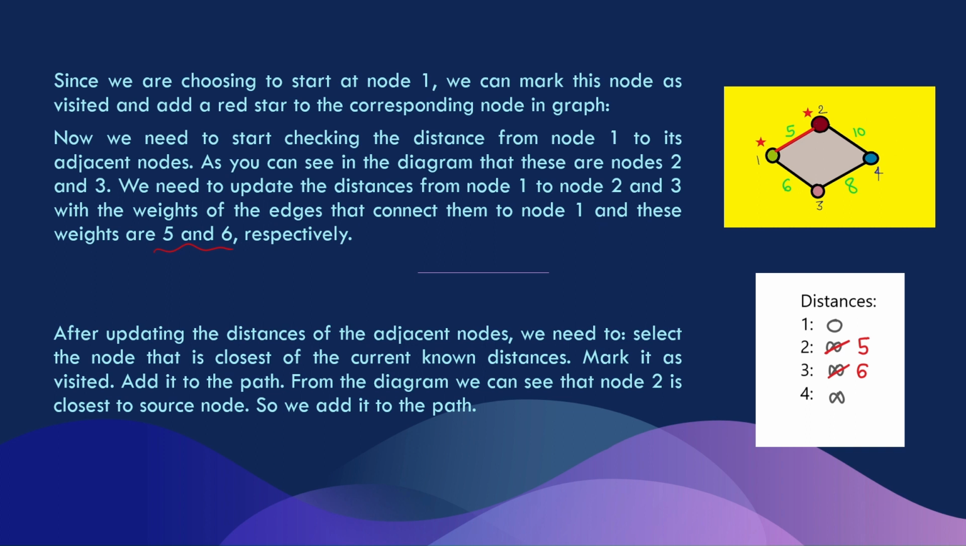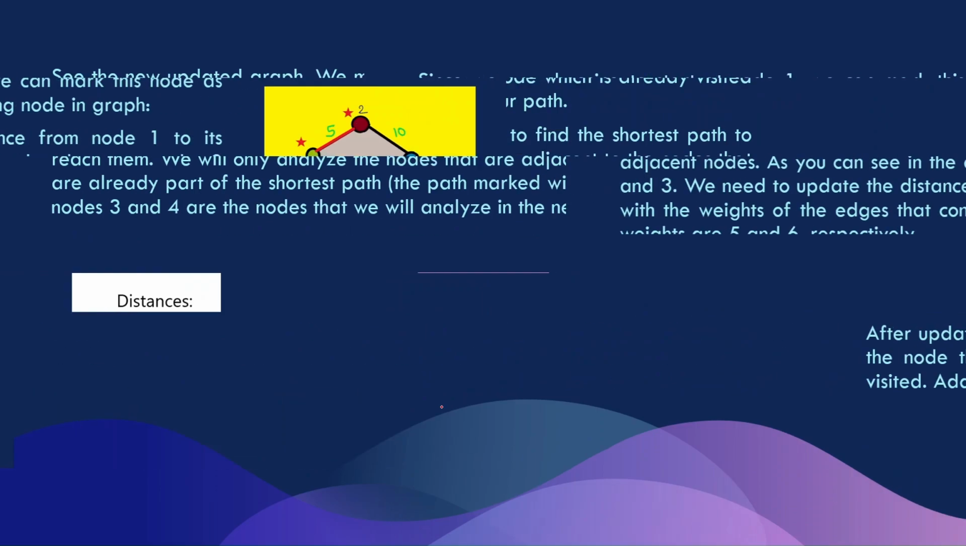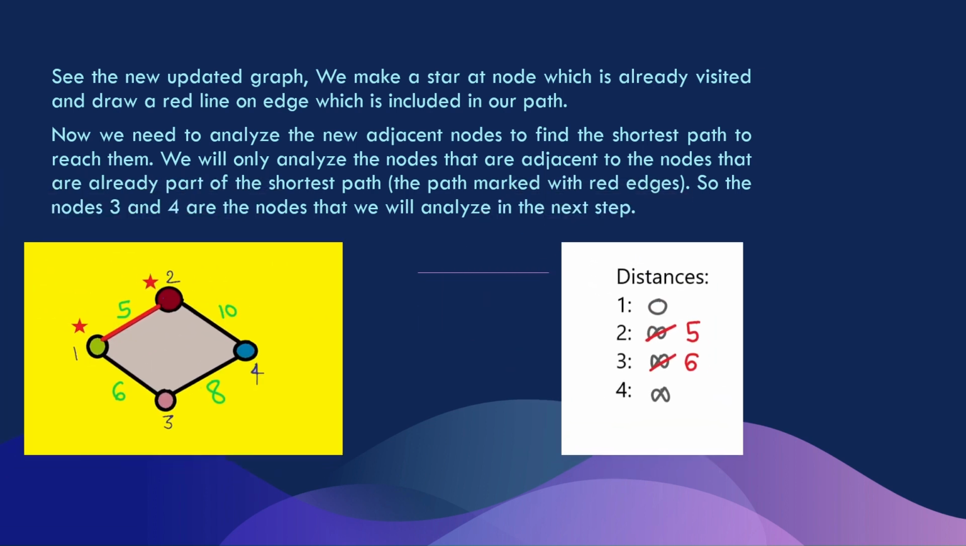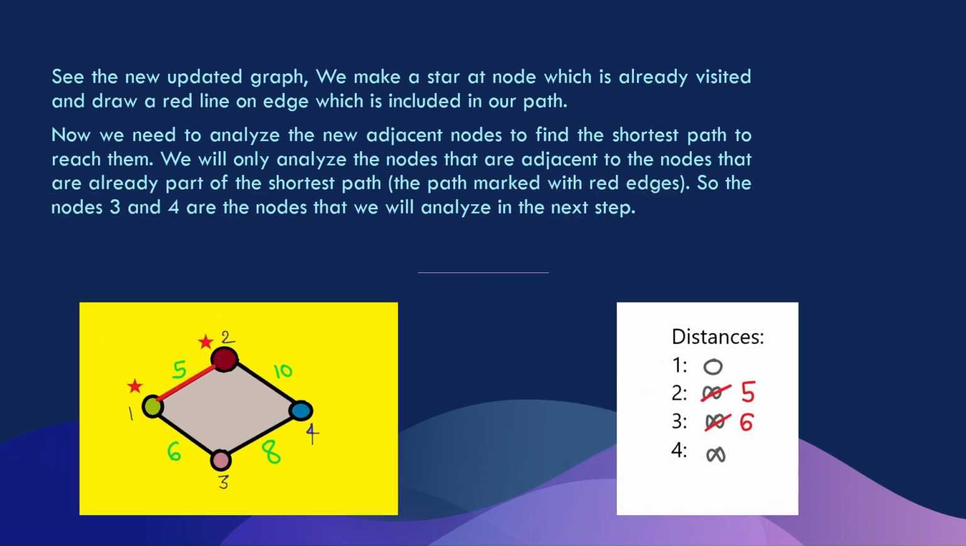After updating the distances of the adjacent nodes, we need to select the node that is closest, of the current known distances. Mark it as visited. Add it to the path. From the diagram, we can see that node 2 is closest to the source node. So we add it to the path. See the new updated graph. We make a star at a node which is already visited and draw a red line on the edge